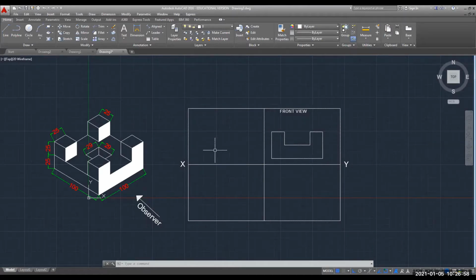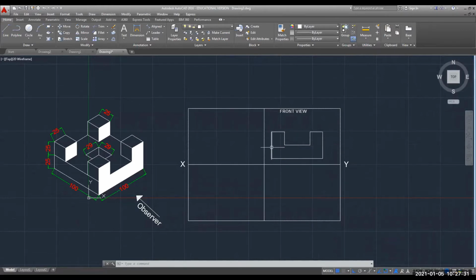You can draw a line, but from this side, it should be of what length? 100 minus 29. How much will you get? 71. So 71 divided by 2, because on both sides we need that distance. Let me check: 100 minus 29 is 71, divided by 2, 35.5.